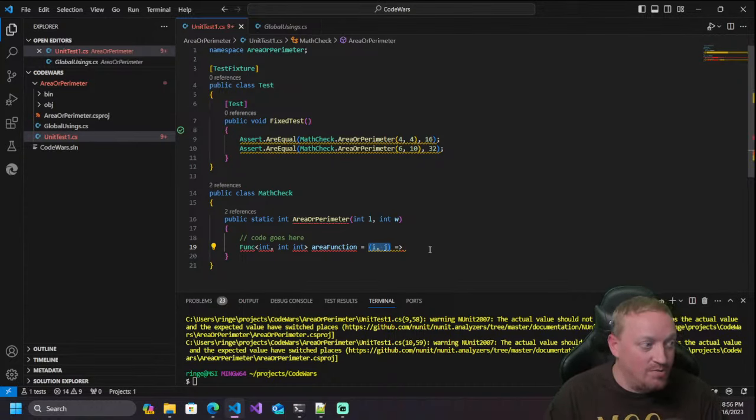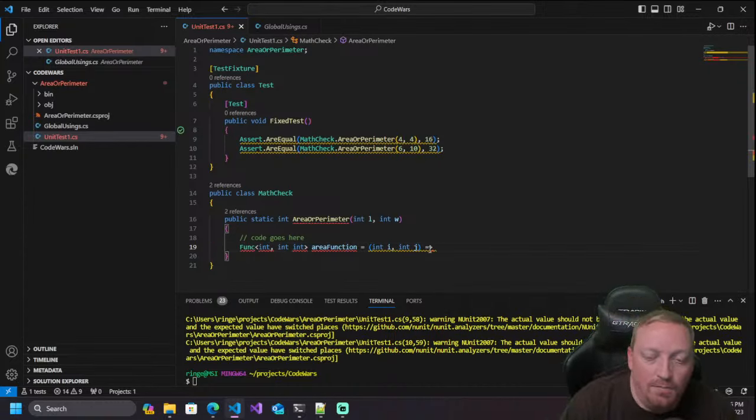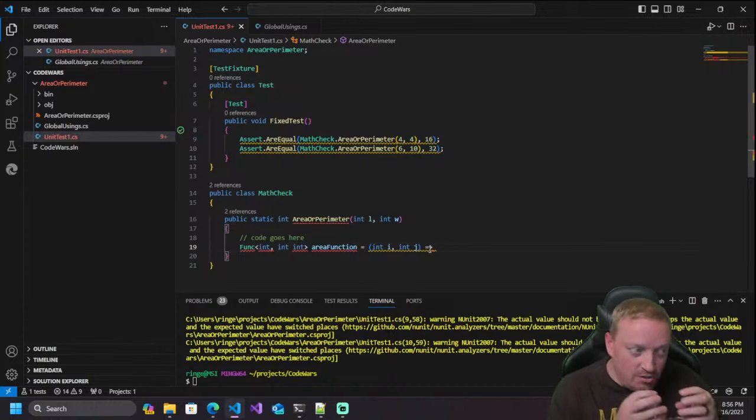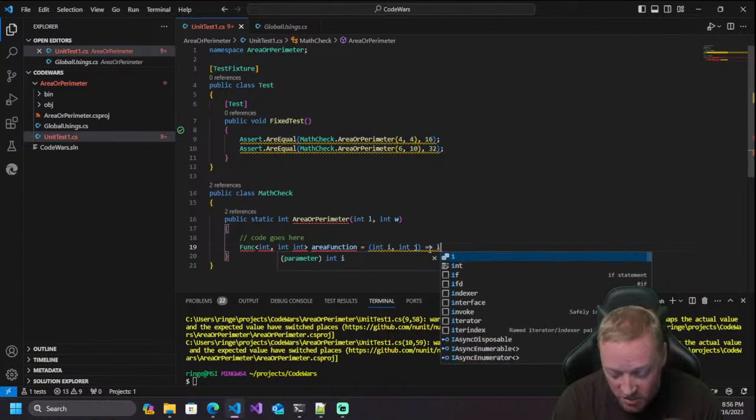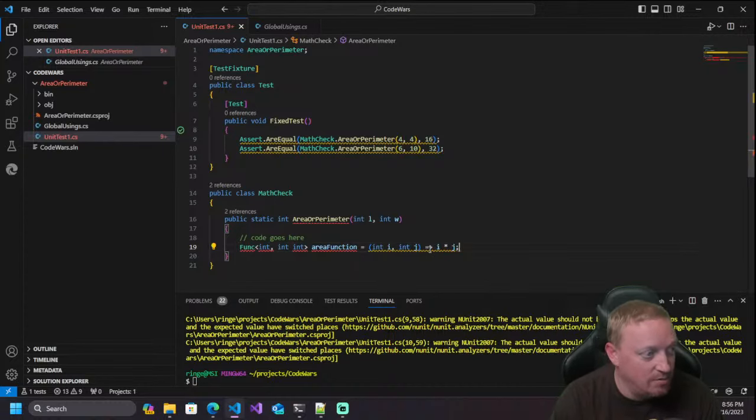What are the variable names? These would be like, this is an integer i, and this is an integer j, okay? So I'm taking in those first two values that I've typed in my func, and the return needs to be some sort of integer, okay? Now if it's an area function, then it's going to be i times j, right? So if we know that, what we're going to do is return,